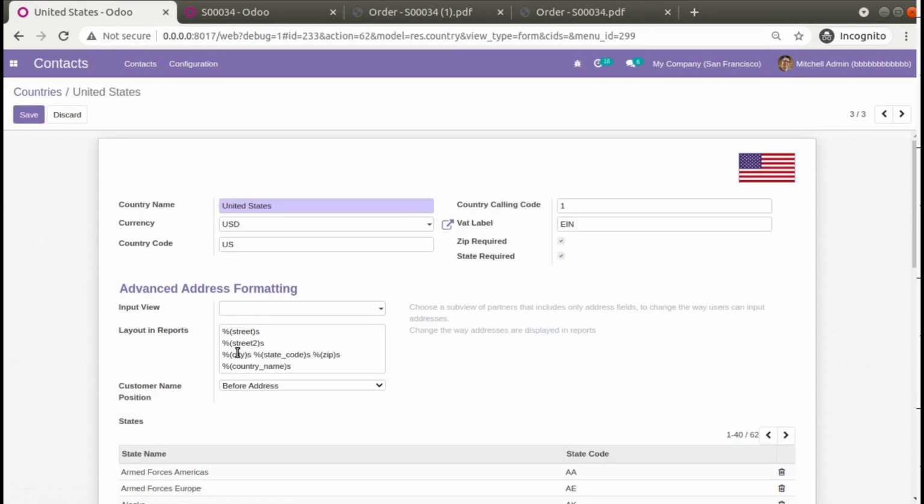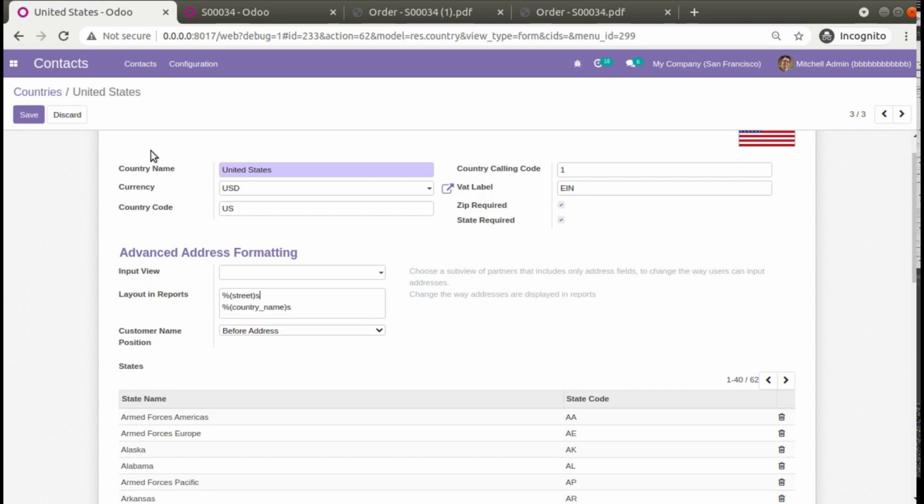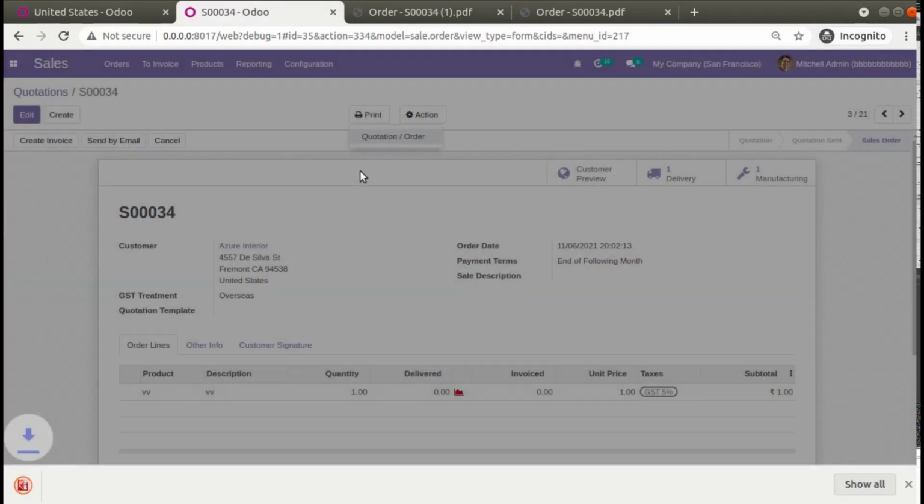Here you can see this is the formatting, and we will change that. We'll just need only the street and country name, and not street 2, city, state code, zip, etc. Just for testing purposes, for the US address I have specified that the layout in report is street and just country name. Let's print this again and see the difference.